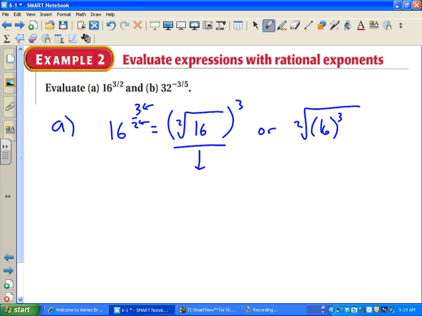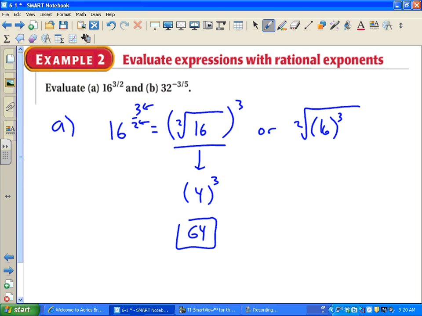The square root of 16 is 4, and then we will need to cube 4. So 4 cubed is 4 times 4 times 4, which in this case is 64. If you want to see it the other way, to show you that they do match up,